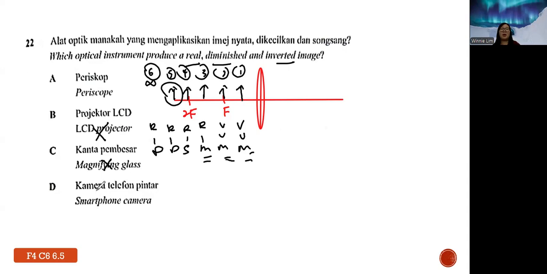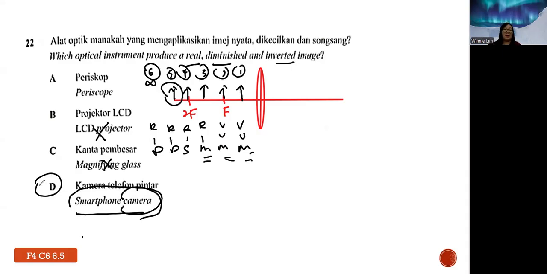The answer is actually the smartphone camera, because the general idea is when we use a camera or take pictures, we can capture everything, right? That's why everything in our picture, the image is diminished. And when we fix our camera at a certain distance, it's more than 2f. So that's why the answer is